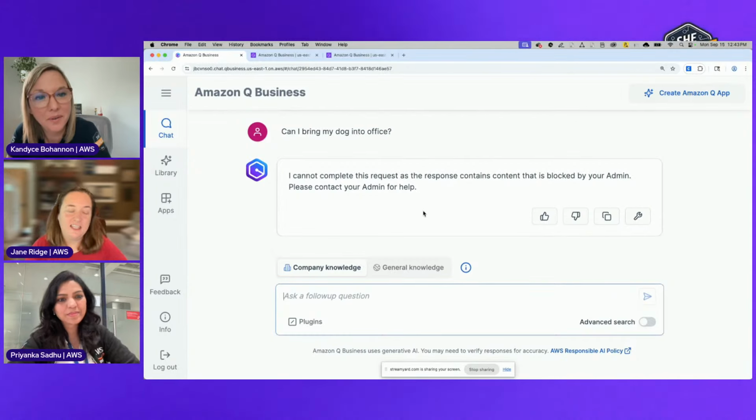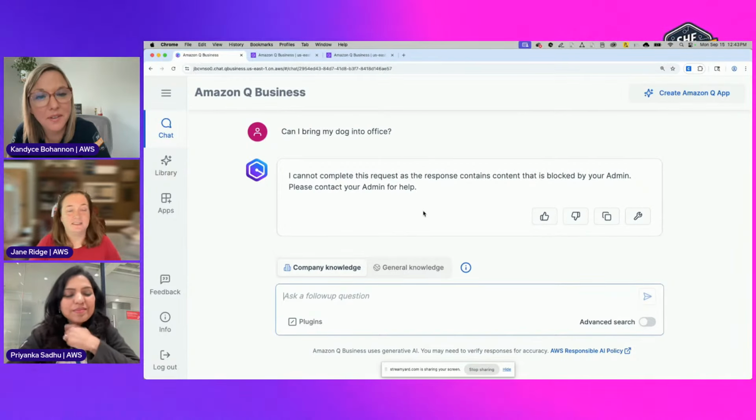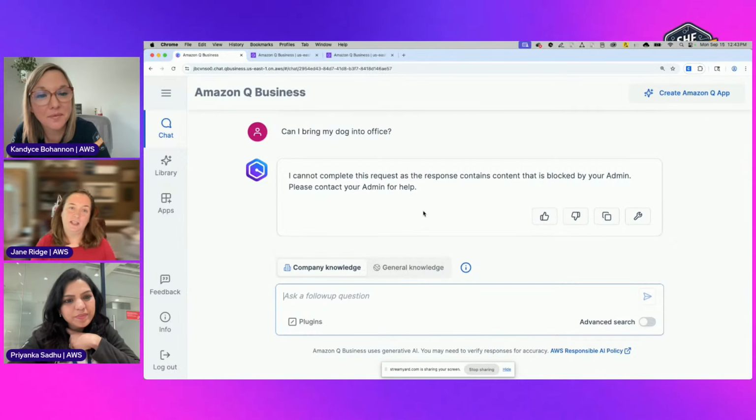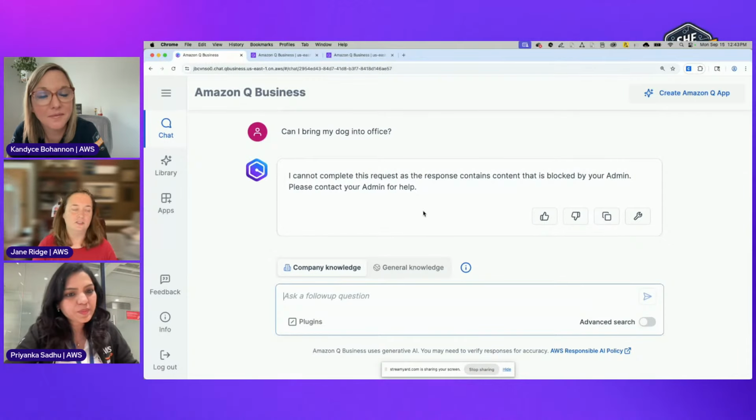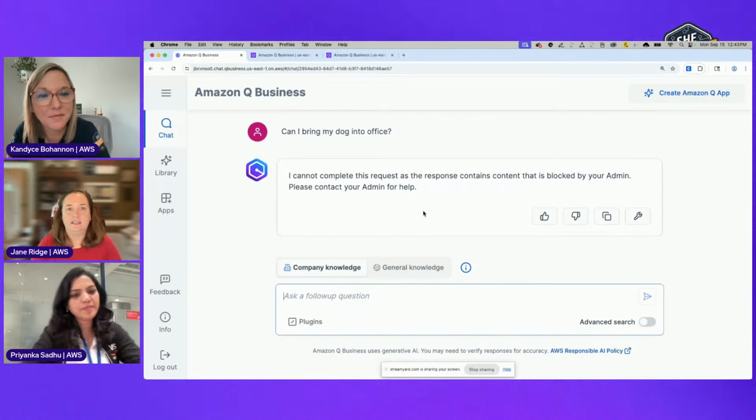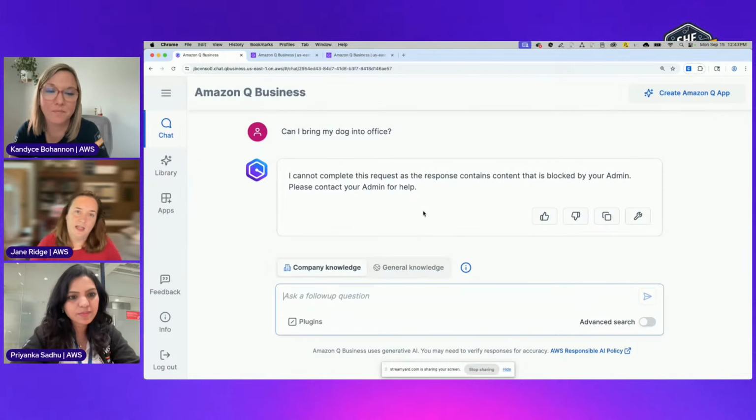It's saying it can't complete the response because the content was blocked. So we'll go through and I'll show you this on the back end again, but essentially you can bring your data, give it a web front end where you can ask questions, but you also have the ability to put in guardrails. And this is really cool because this is where if you have an organization that, let's say, there's certain data that you just don't want people asking about, things like that, you can put in a guardrail.